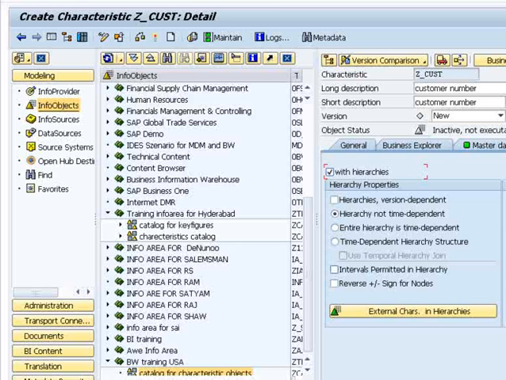So there are hierarchy not time dependent. It means that you create a hierarchy, and that hierarchy is static, a constant. It means it doesn't depend on the time. For example, if there is a person working, a manager working in a particular place in an organization, and